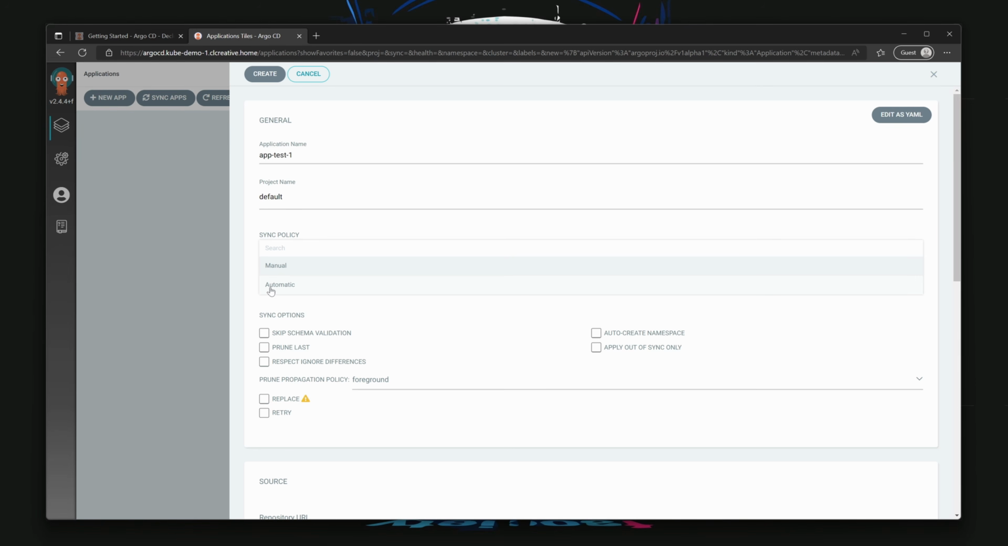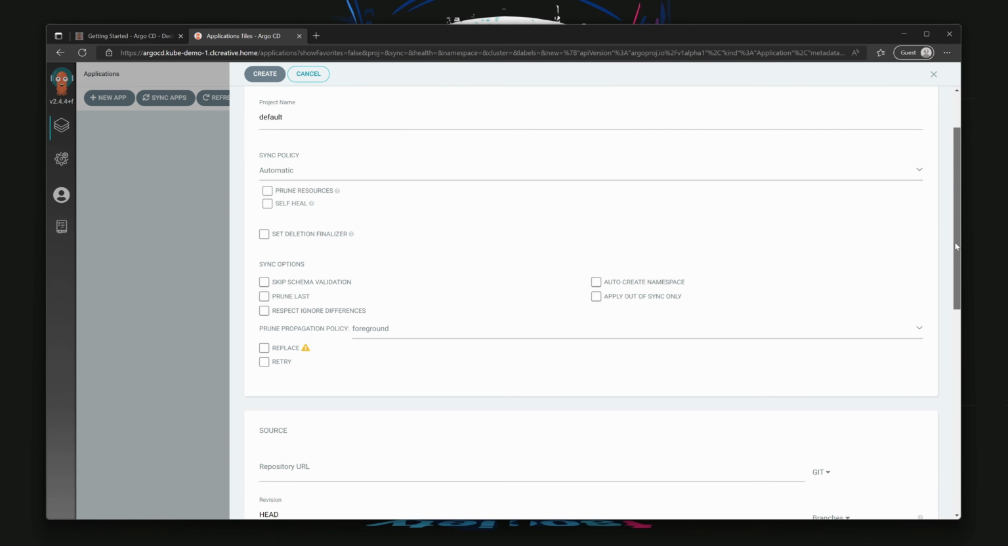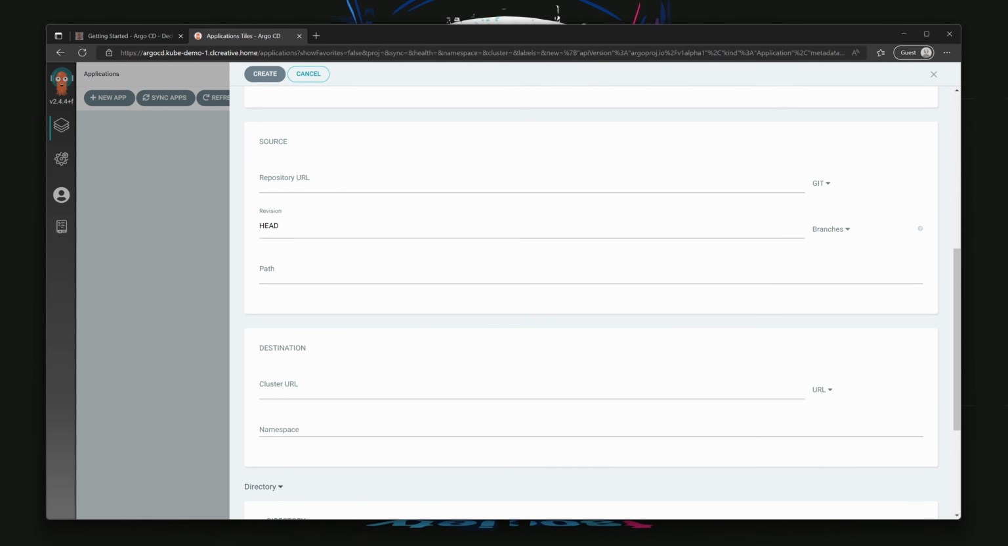I'm going to select automatic here, and there are also some other options for how you can fine-tune the update behavior of your resources, for example auto-create namespaces and other things. However, we won't go into too much detail in this video. Let's now scroll down here because we need to select our Git repository that we've added before in the settings